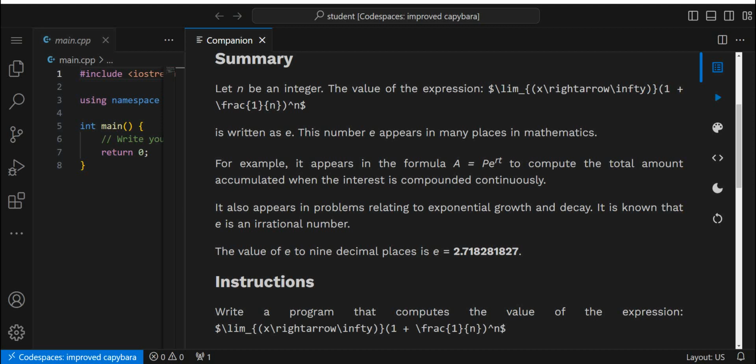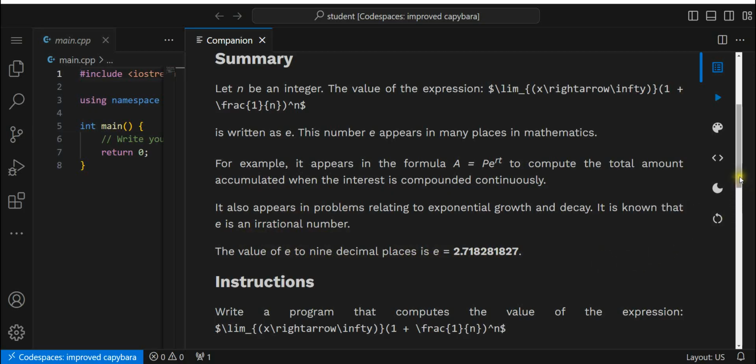For example, it appears in the formula A equals P e^(rt), to compute the total amount accumulated when the interest is compounded continuously. It also appears in problems relating to exponential growth and decay. It is known that e is an irrational number. The value of e to 9 decimal places is